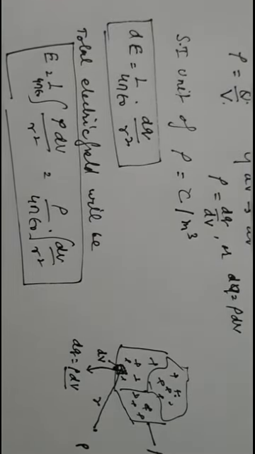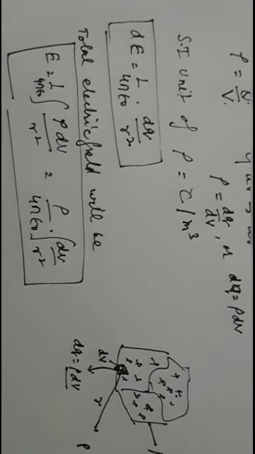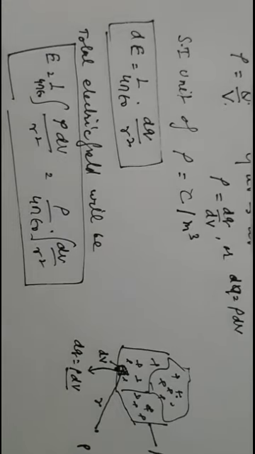From the three cases, we generalize that whenever we want to calculate the electric field because of a continuous charge distribution, we divide the whole region into infinitely small regions. It may be length, it may be surface, it may be volume. Then we calculate the electric field because of that infinitely small region at a given point, and then we integrate it. That is how we calculate the electric field because of linear charge distribution, volume charge distribution, and surface charge distribution.